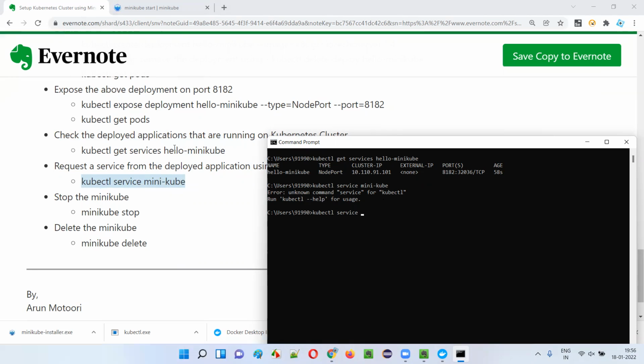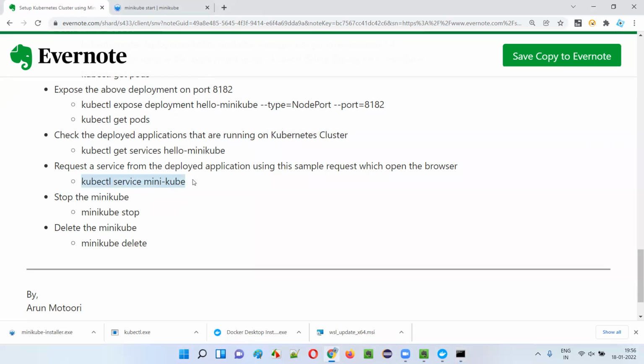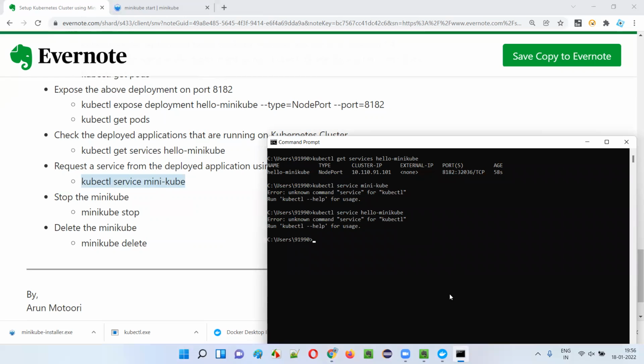Okay, here I said minikube, it should be hello minikube. The application name is wrong here. Okay, kubectl service hello minikube. Okay, this is also unknown. kubectl, what is the problem here? Get service, copy this. Okay, maybe